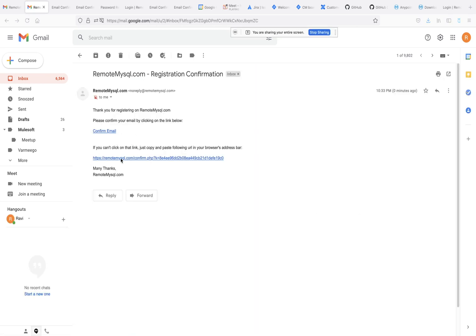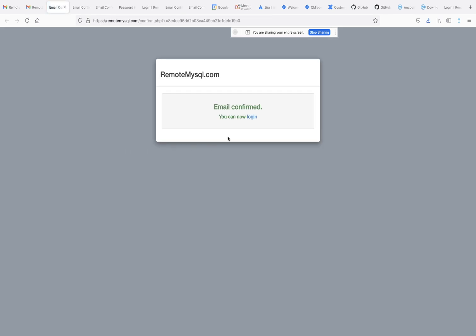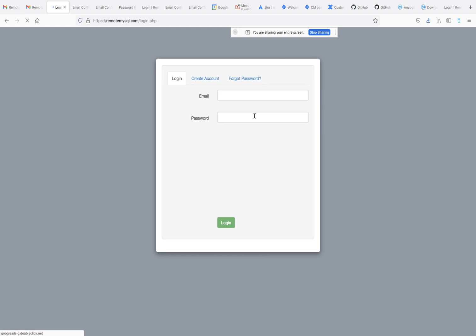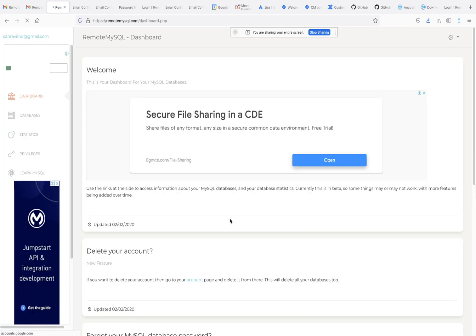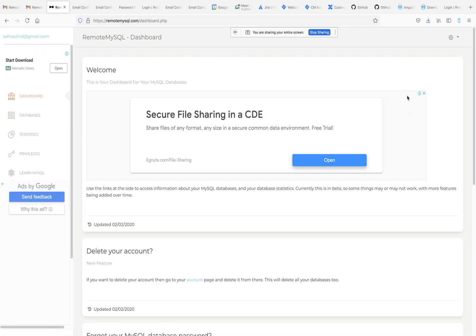Which one did everyone select? This one or this one? Okay, this time it worked. Okay, fine. So here you can see we have a database server, and this server is hosted on the cloud. So now when we deploy our application on CloudHub, we will be able to connect with this database. Okay, so we are going to use this database.